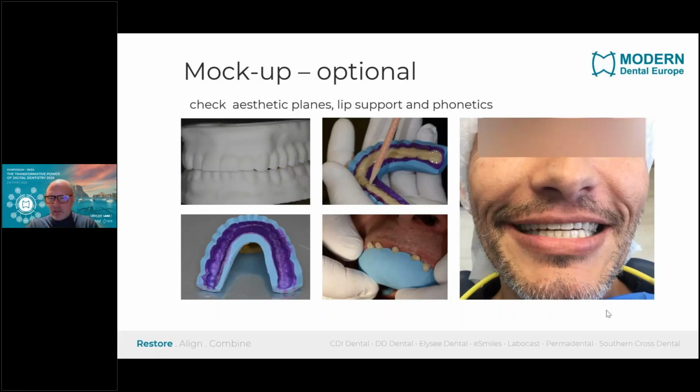This can also be age related, a little bit different, and of course the phonetics can only be tested at this point using this kind of physical try-in or mock-up phase. So very important: phonetic analysis and lip support, which we cannot perform virtually. As practitioners, I advise you to order a mock-up putty key to do this additional evaluation of